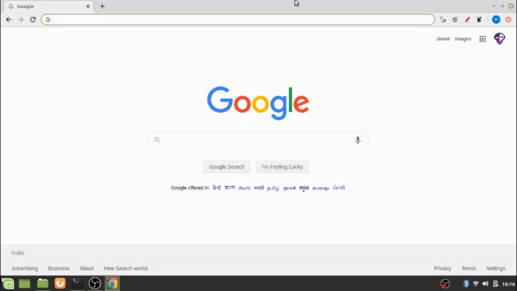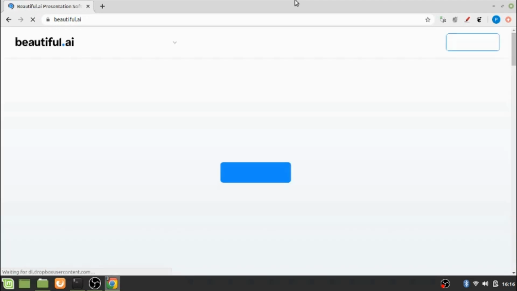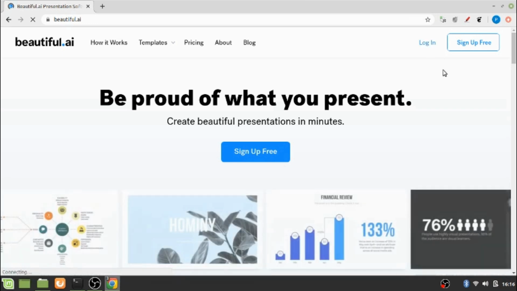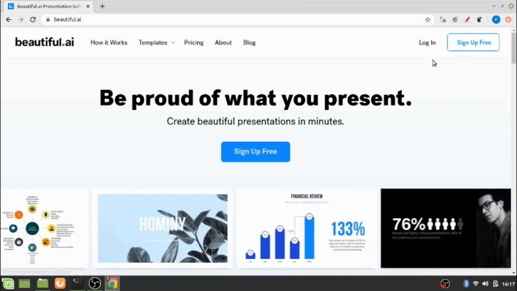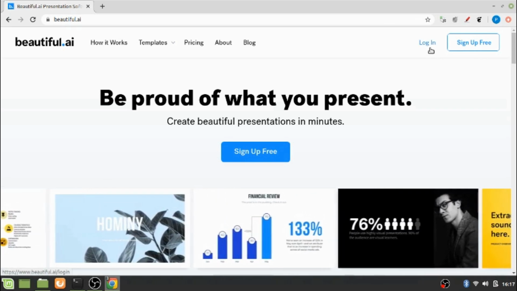For this, you just have to go to your browser and type Beautiful.ai. By typing this, this page will come up where you are asked to sign up, or if you have already signed up, you will have to log in using your credentials.